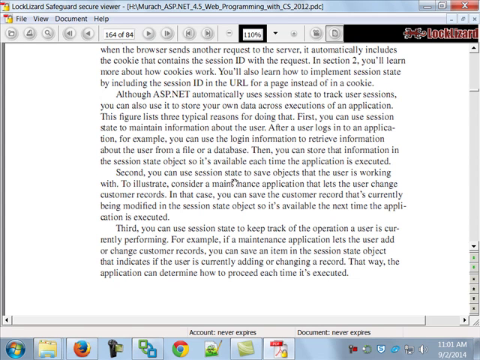Second, you can use it to save objects that you're working with. As it says, if you're working with a customer's record and you want to be able to pass that information back and forth, name, address, city, state, zip, credit card info, etc., you can pass it all in one swoop that way. Third, as it says, you can use it to keep track of what operation the user